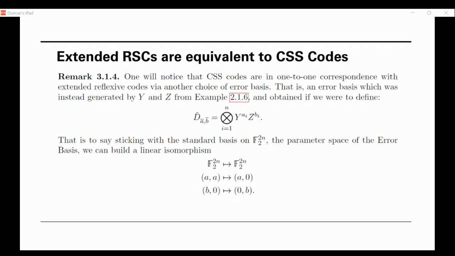Well, we haven't yet. Again, that's going to be the next section, but you can really create an isomorphism from the errors that are occurring on these codes to the errors that you consider on CSS codes, and really show that these are equivalent to the CSS codes via this isomorphism. So you can see here, we're just taking the symmetric error to the flip error. That flip error, like I said, we're working with the flip error extension to the phase error, and you're going to get the exact same